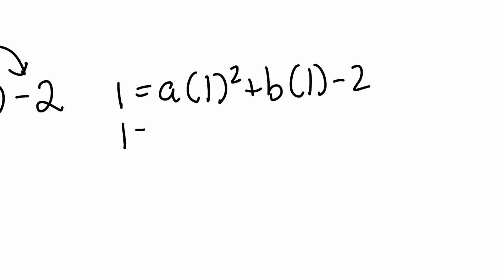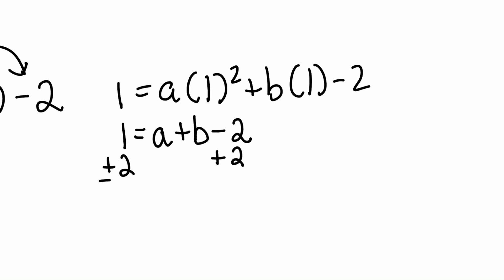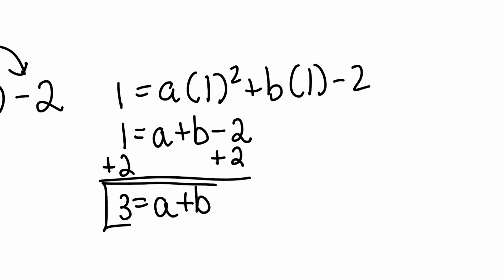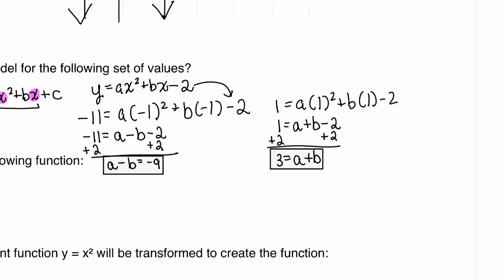Now we're going to have 1 equals a plus b minus 2. We add 2 to both sides, so now we're going to get 3 equals a plus b. This is the second equation that we're going to deal with. Now we can look at these and see that elimination is probably going to be easiest because we do have opposite signs for b and the same coefficients. So if we do a minus b equals negative 9 and a plus b equals 3,